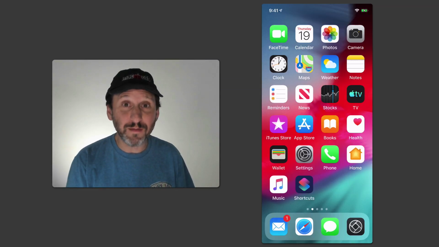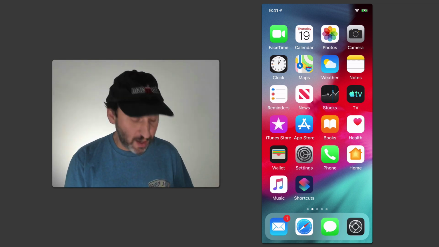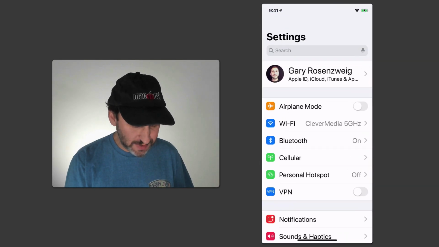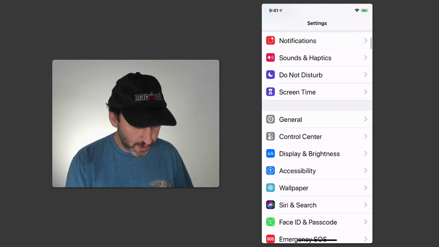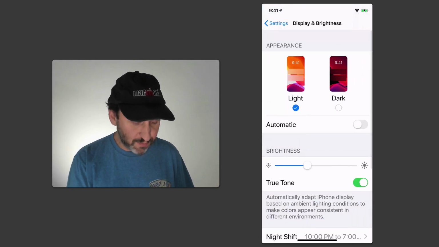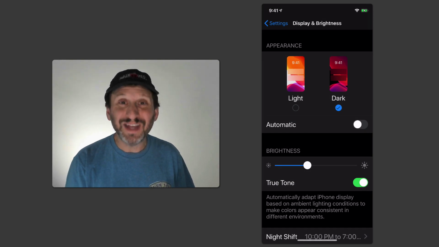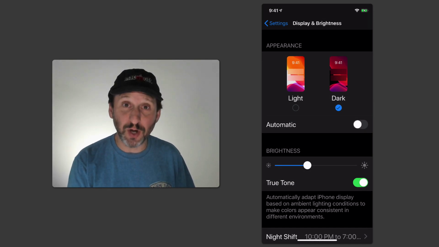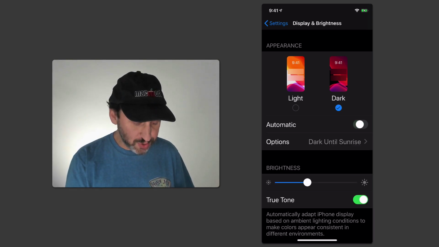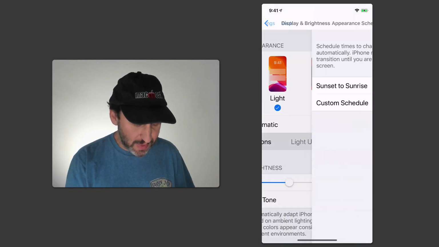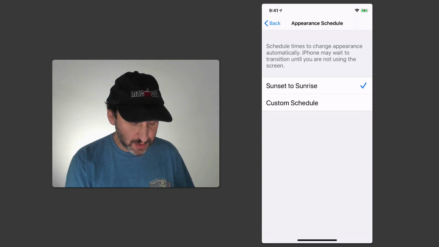A lot of people have been looking forward to having dark mode in iOS. To turn it on, you can go to Settings and then look for Display and Brightness. And then right at the top there you've got Appearance, Light and Dark. You could switch to dark mode. And this changes a lot of the default apps to dark mode, and more third-party apps are going to be supporting this. You could also set it to automatic, and then from the options you could do sunset to sunrise